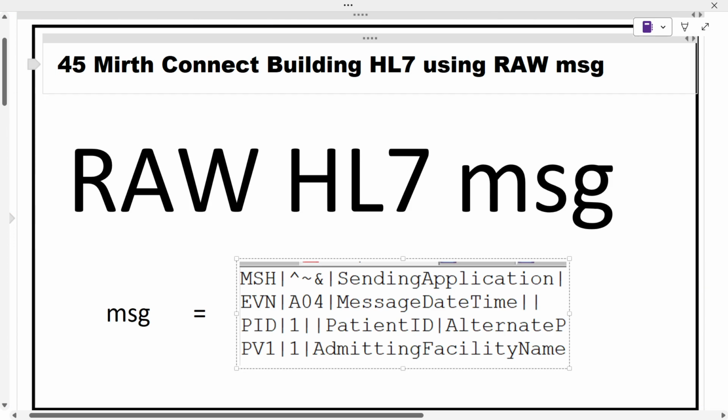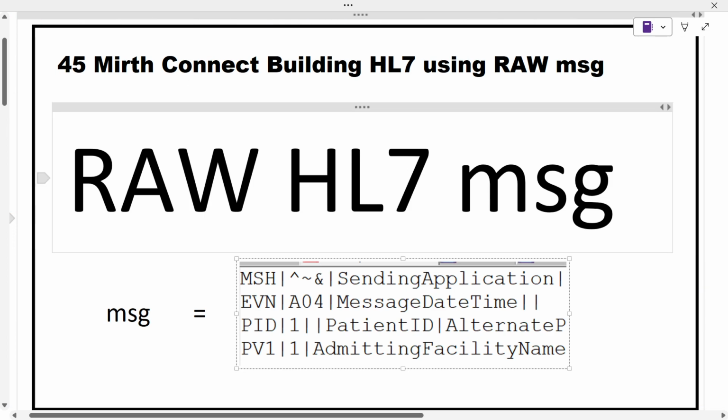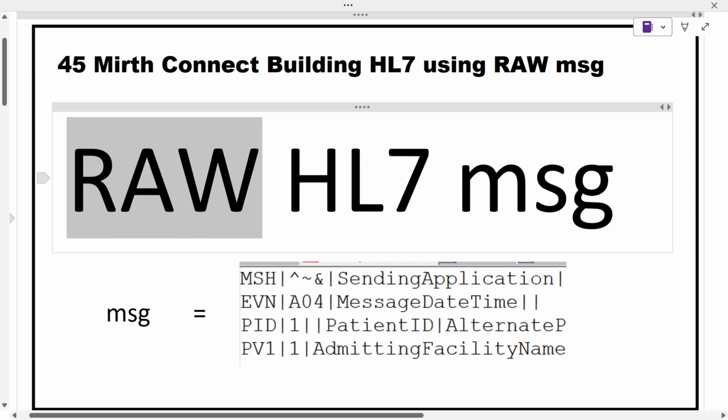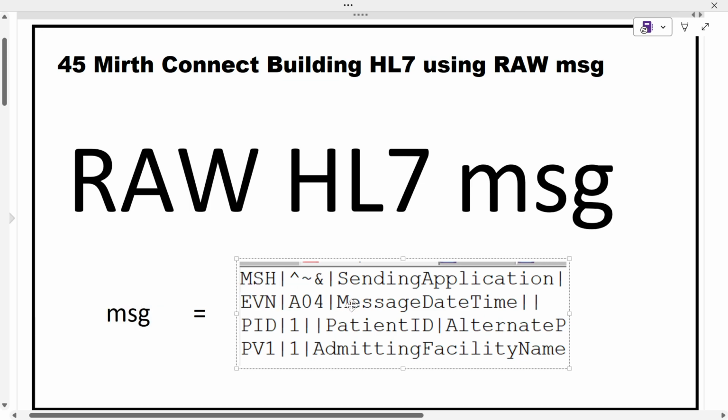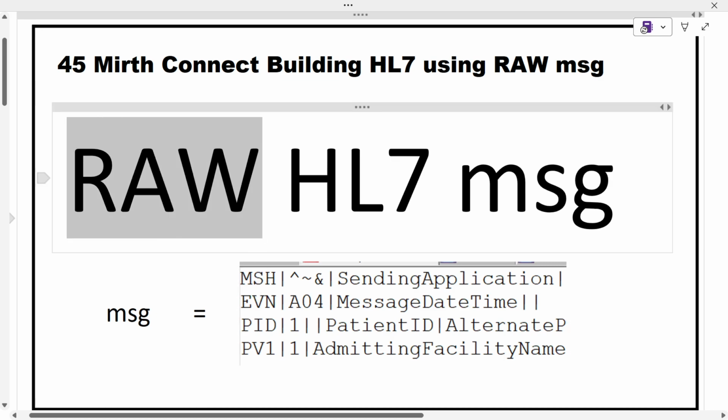In this tutorial, we are going to learn about raw HL7 message. Any message which is coming to the source of the Mirth Connect is saved in the variable MSG. So if we are able to edit the variable MSG, we can edit the complete HL7 message in Mirth Connect. This raw concept is very important because you can do numerous combinations, edits, and transformations